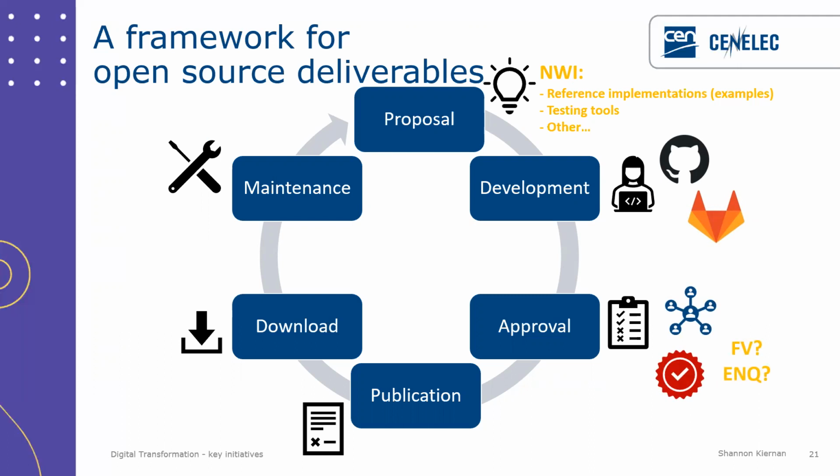We need to figure out the approval stage, and this is a very challenging one because we need to make sure we uphold our values. For example, making sure that everybody has a voice and making sure that we have a good level of quality. But we have different expectations in terms of speed, and we possibly have different types of skills required to do this approval. So we're going to have a look at, for example, the formal vote stage and the public inquiry, exactly how they work and exactly how we might want to modify them to make it more appropriate for this type of deliverable.